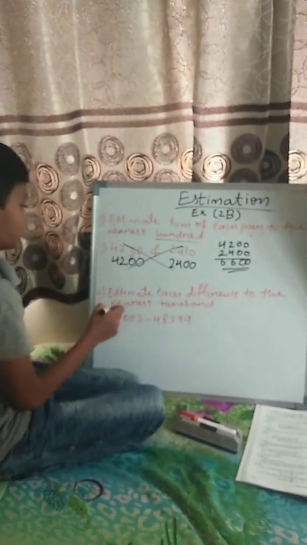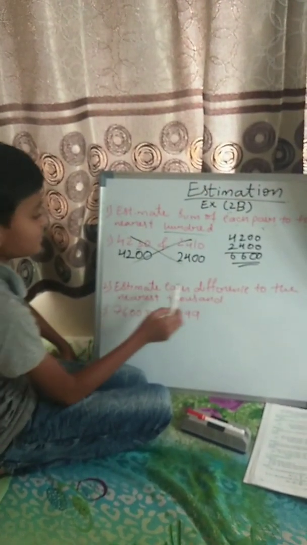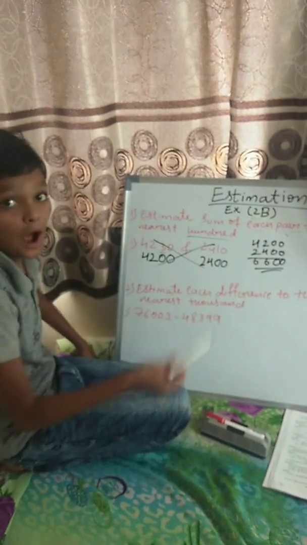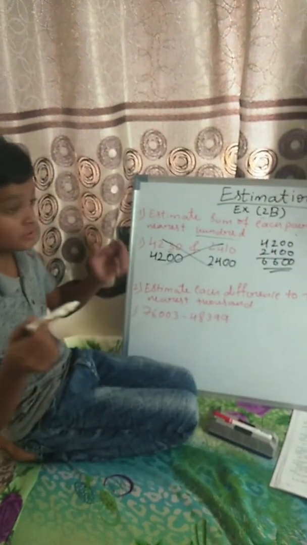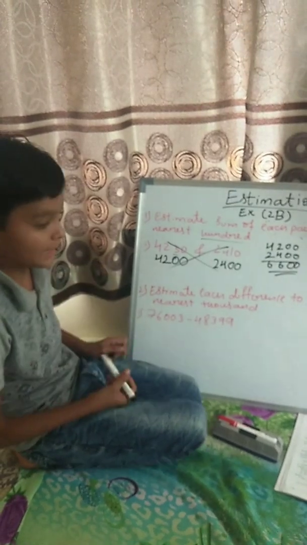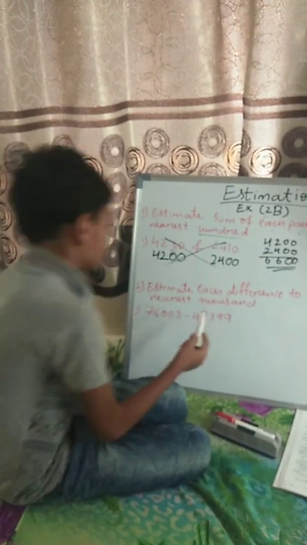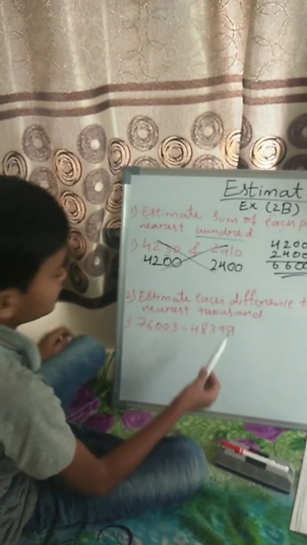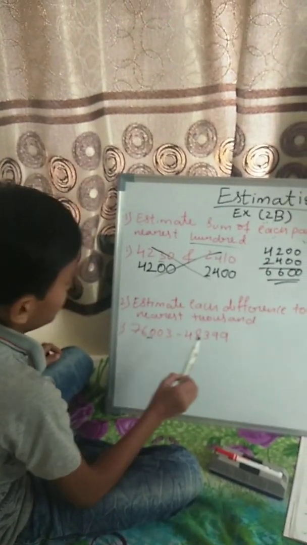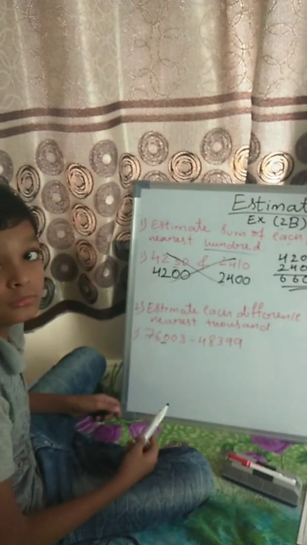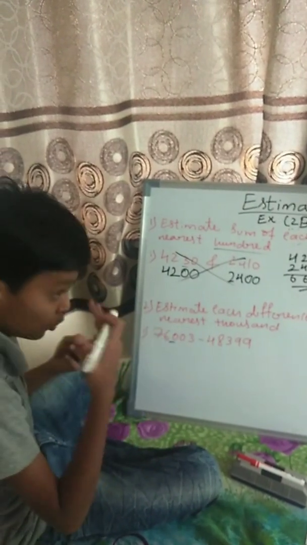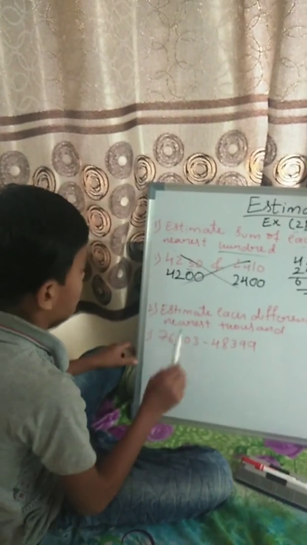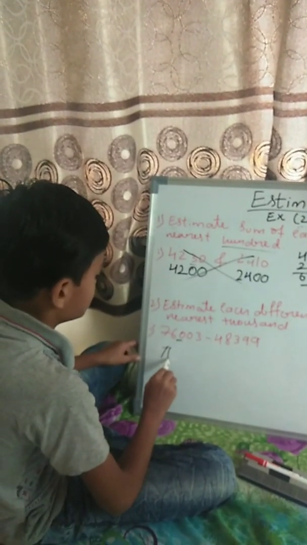Okay. Now let's move on to the second one. Estimate each difference to the nearest 1000. And here it is difference, which means minus, subtract. So first we will estimate to the nearest 1000, and when we estimate to the nearest 1000, we have to look at the 100 place. My 100 place is 0, which has no value. So we have to just make this 3 also 0. So the answer is